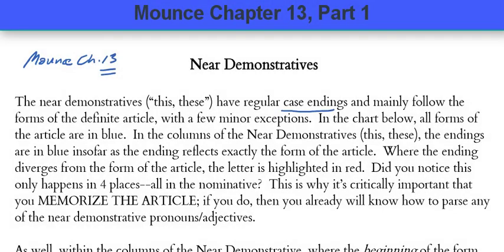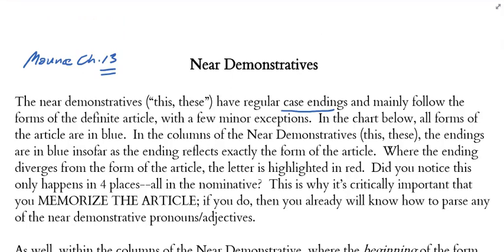In Mounce chapter 13, we're introduced to the demonstrative pronouns and adjectives. Demonstratives are words that are used to point out things, and in English we have demonstrative pronouns as well. The demonstratives are usually described in terms of being near or far demonstratives. So this first handout, it's actually the only handout I'm giving you, when we go over the far demonstratives,